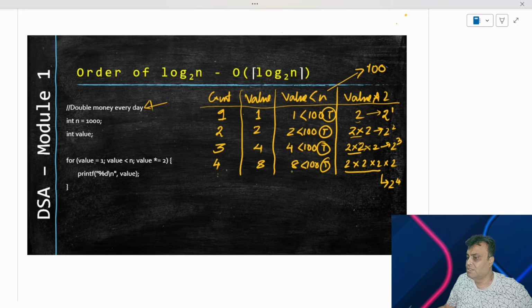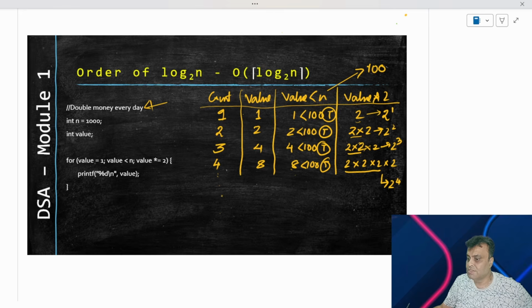This will run till this value is less than n. But what will be this value? We do not know. Where will this value stop? We do not know. Or if at all it stops somewhere, how many counts will it achieve? If it stops somewhere, it will be less than 100, just less than 100. At that time, what will be the value of 4? We do not know that, right?